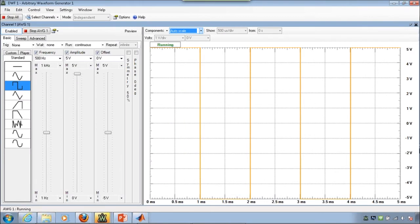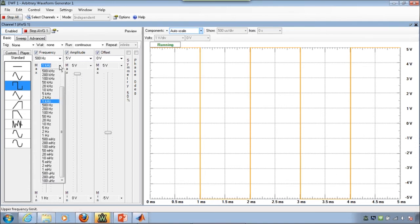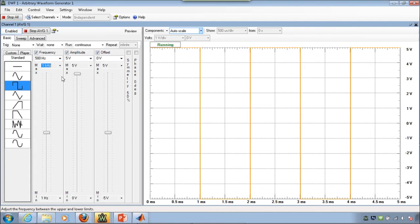After they've put the resistor in series with the capacitor and wired up the arbitrary function generator, they would then launch the arbitrary function generator program within Waveforms. Going over to the frequency, they would select either 1 kilohertz or 500 hertz, whichever they prefer. I happen to like the 1 kilohertz, and set the frequency of operation at the frequency that they had entered